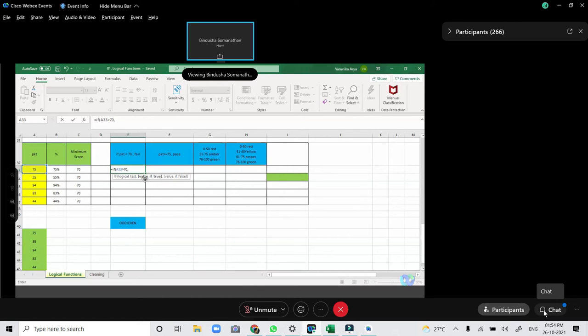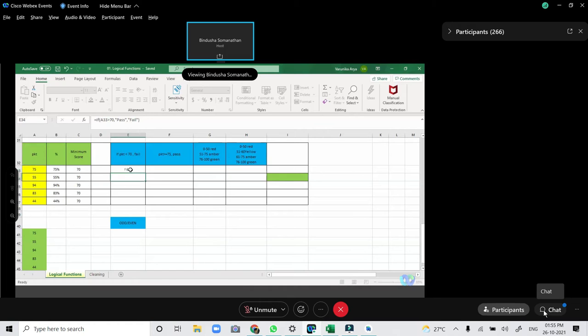What does it mean? The next part after the comma is value if true. What should be done if this stands true? If A33 is greater than 70, I want it to type pass. When I am giving it a text to be entered, I have to write it in quotes. Pass. Else, if this condition doesn't stand true, I would want it to be written fail.